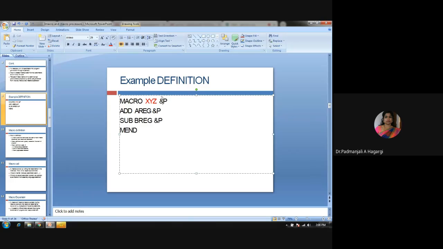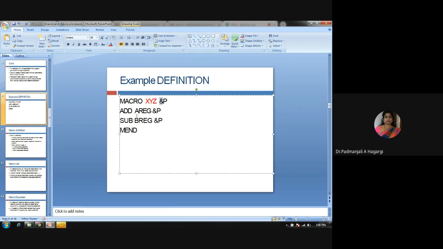This is called the formal parameter. Using this one parameter, I have given a variable to the actual parameters. For adding purpose I have given one variable, and for sub also I have given the same variable. For add, I have given 2 as the parameter, and this 2 is stored in this register, and this 2 is also stored in register B also.